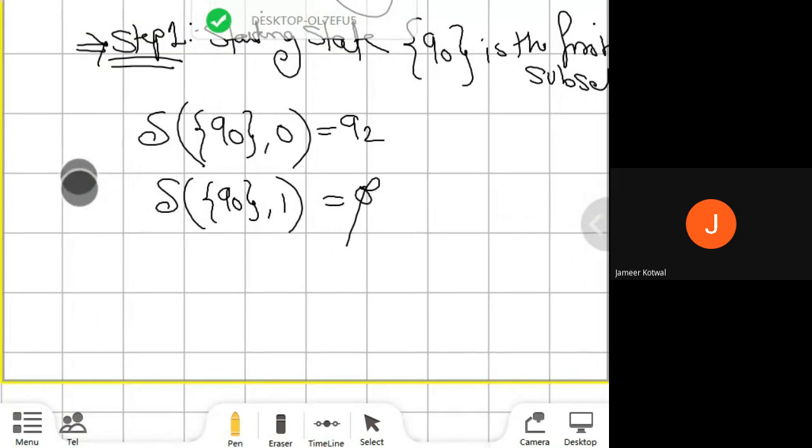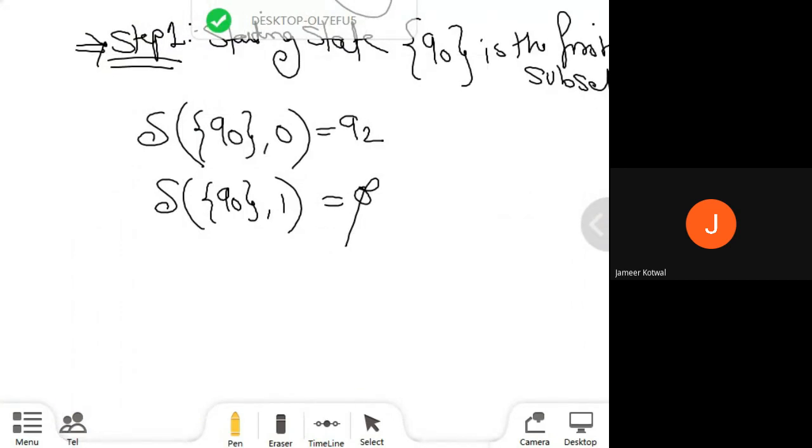So from step 1, we check which new subsets are generated. Here only one new subset, Q2, is generated.